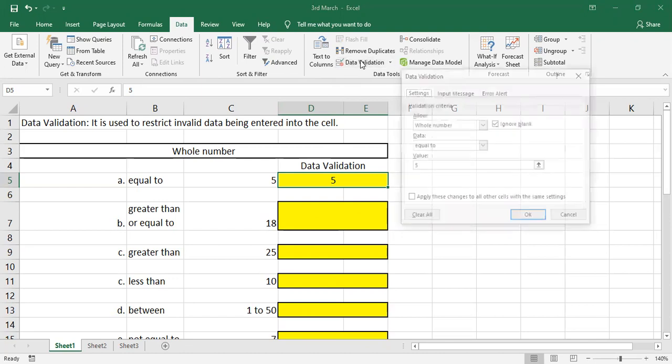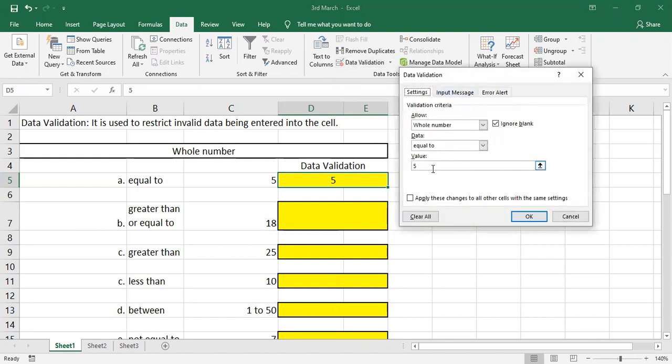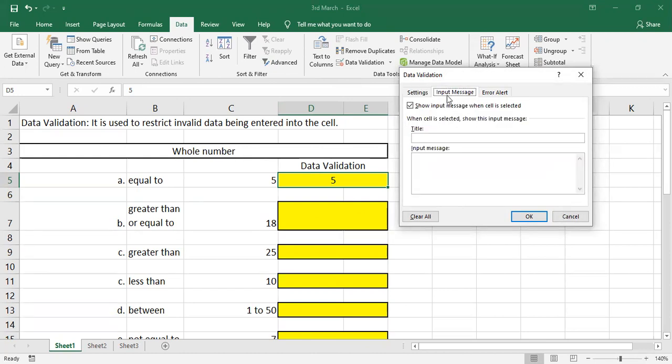Now I'll show you how to use the input message and error alert. I'll click on this Data Validation. Here I have given the value 5, and for the input message, the title, if you want, you can give one; I'll give Input Message as the title. In the message I'll give: enter only number 5.